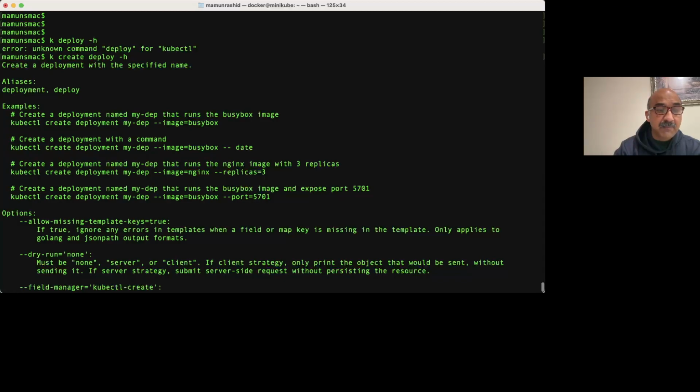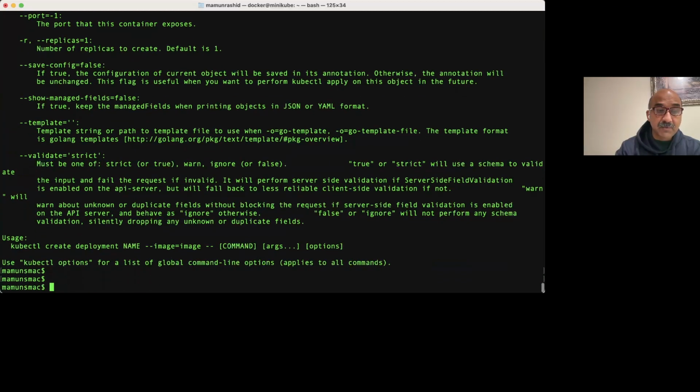What you will see in the examples, they don't give you rolling strategy and all that. So we're going to create a YAML file without actually creating the deployment, and then we're going to add stuff in as we need it. All right, so let's take this as an example